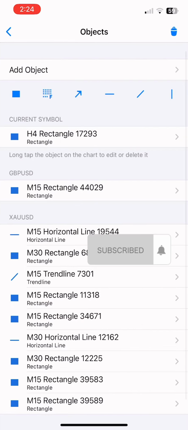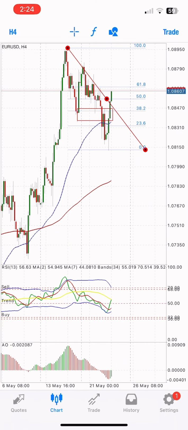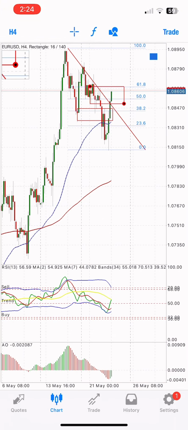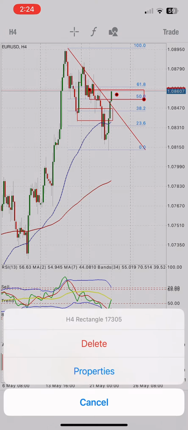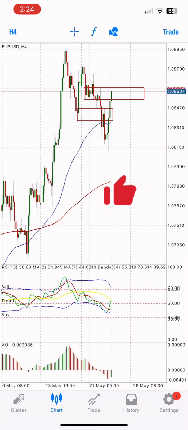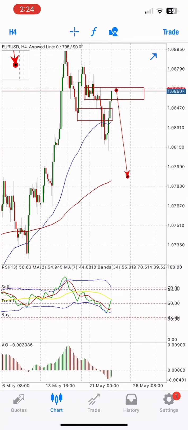at this point. So all you have to do is pick your Fibonacci retracement to mark from the high to the low, and after this pick your rectangle to mark your level 50 and 61. Make sure that it fits into level 50 and 61 because you are going to be placing your stop loss just above level 61. All right, so we've identified that the market is in our point of interest, and the